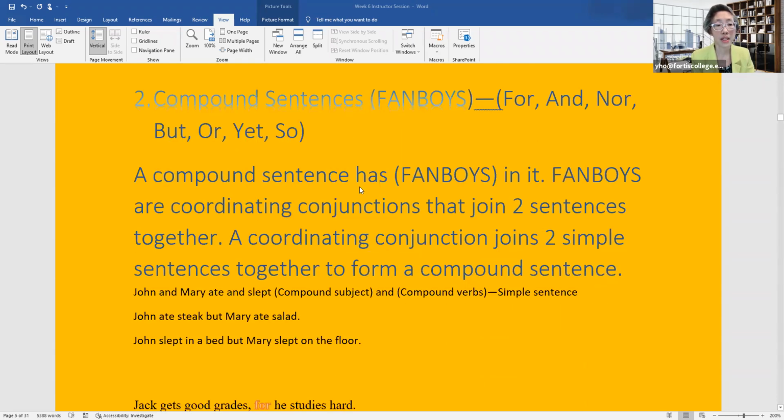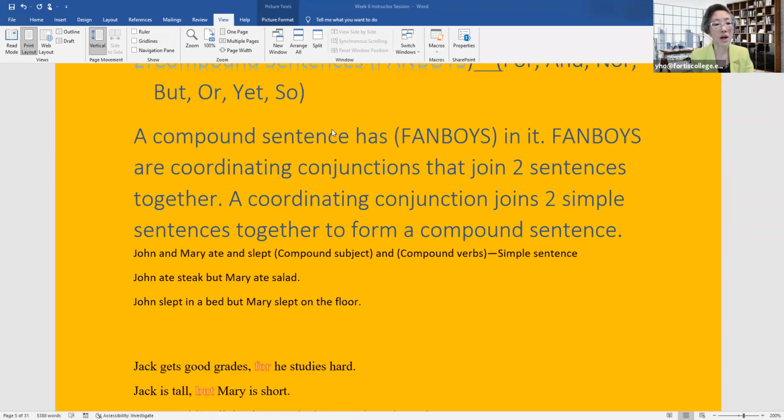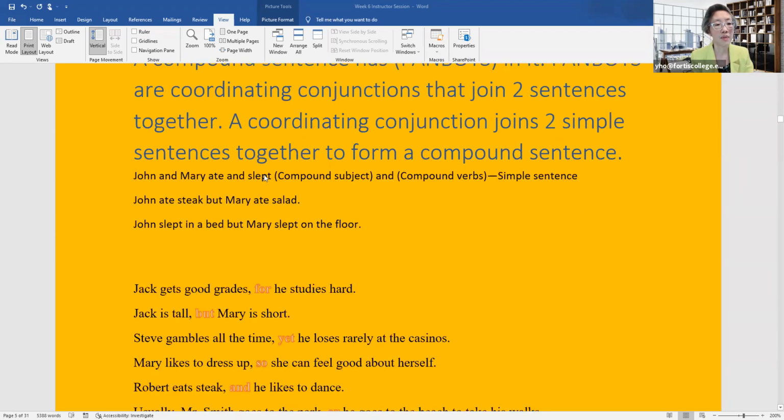The second kind of sentence is two sentences joined by fanboys: for, and, nor, but, yet, so. A compound sentence has fanboys in it. Fanboys are coordinating conjunctions that join two sentences together. John and Mary ate and slept. Here you have a compound subject and a compound verb. You don't need any commas. John ate steak. Here you need a comma because here you have